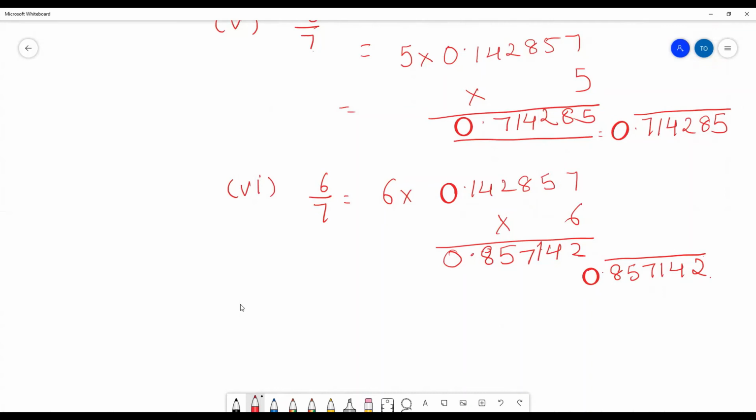In the next class, we will be doing some more practice on other topics of rational numbers. We will try to complete the expression of rational numbers in the form of fractions, where p and q are integers and q is not equal to 0. All this will be taken in the next class.